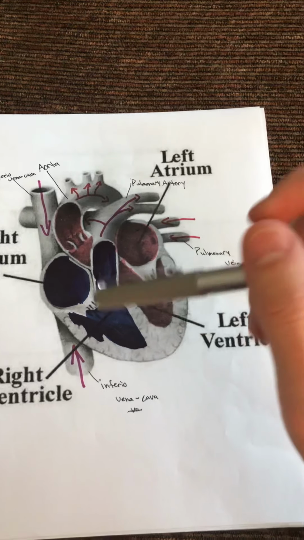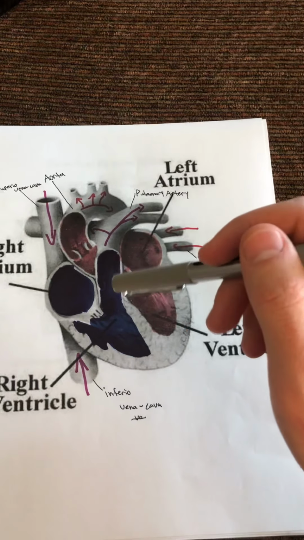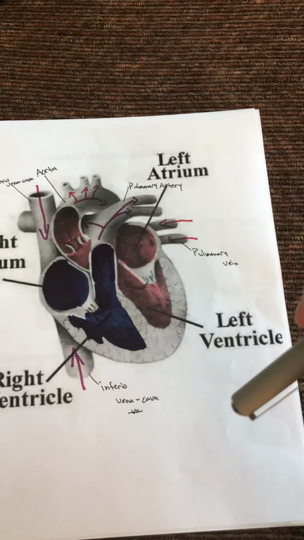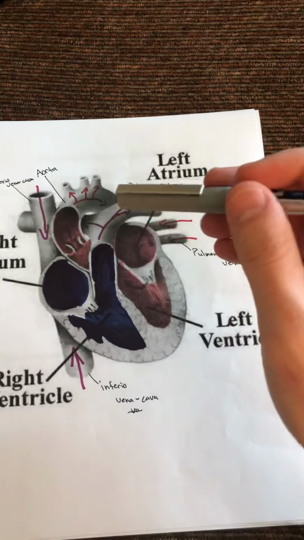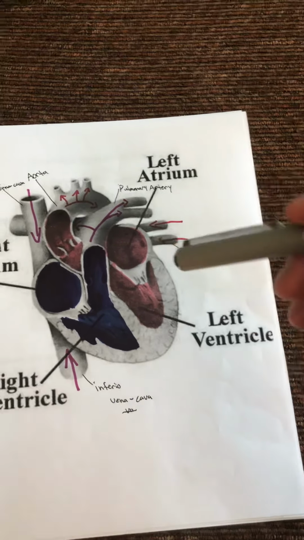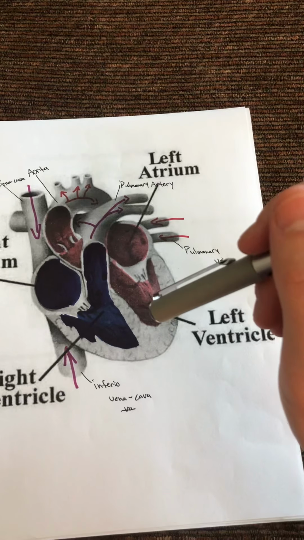So then next, the ventricle is going to contract, opening that valve into the pulmonary artery, ejecting blood out of the ventricle into the lungs. So then blood enters into the left atrium, again passively filling the left ventricle,